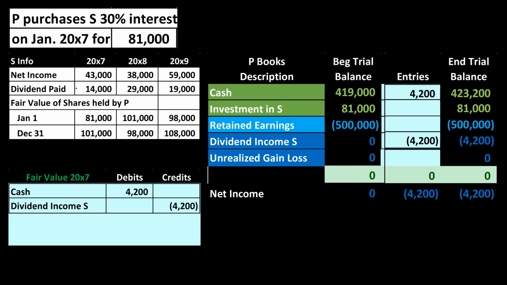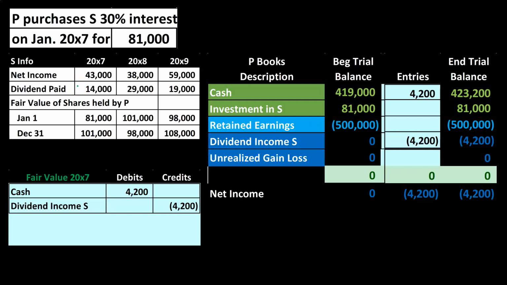Also note, when you think about the dividends, this dividend amount down here, you can think of it as, if they made net income in the year of 43,000, then they could pay out the whole 43,000. Usually you think about the dividend as basically coming out of the earnings that they have made. Now, it could have come out of the current year earnings. It could have come out of earnings in the prior year too, retained earnings. But typically that's the idea. We're saying, okay, they earned $43,000, and then of that $43,000 in 20X7, they gave out $14,000 to the